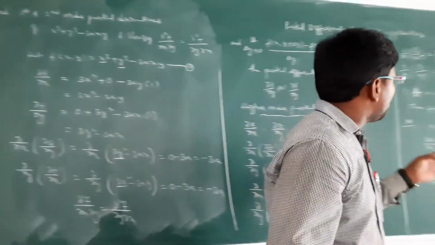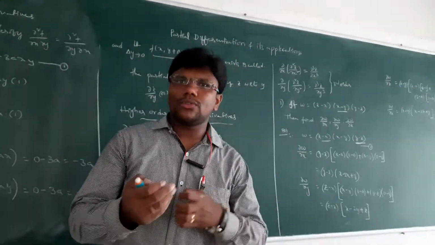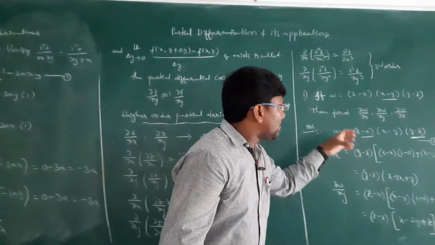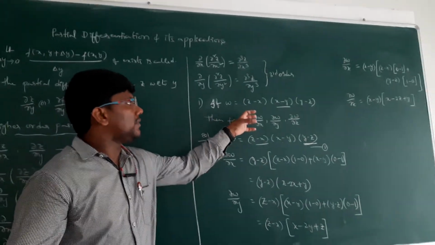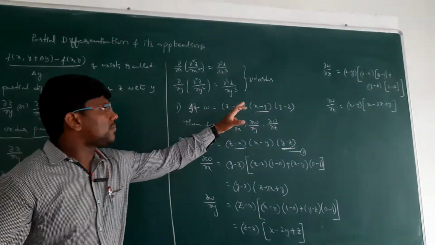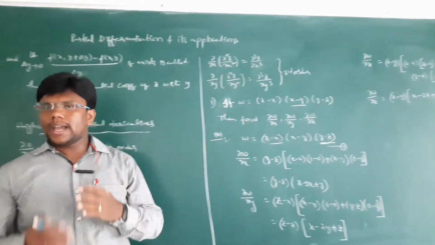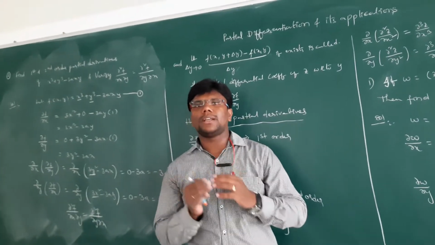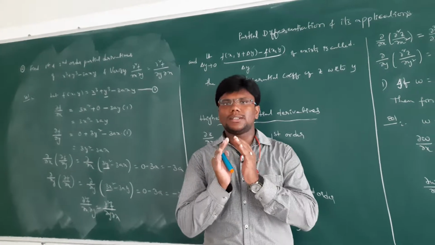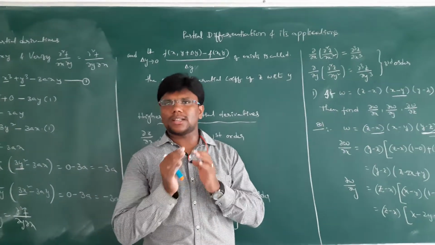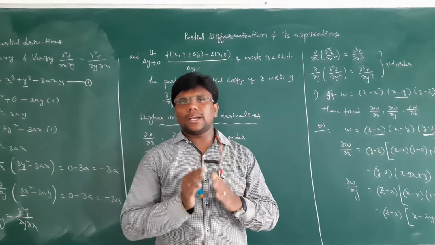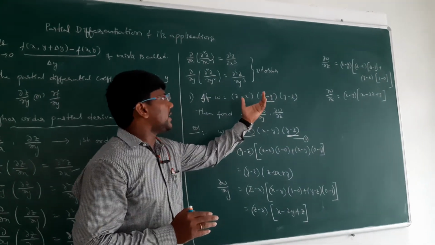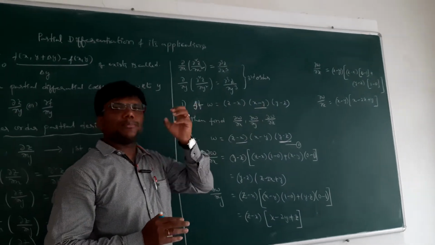By using these two problems, we can understand how to find the first and second order partial derivatives. In this, 4 variables are there. 3 are independent variables, 1 is a dependent variable, x comma y comma z. In the partial derivatives, we take the derivative of the dependent variable with respect to two or more independent variables. That is called partial derivatives. The partial derivatives have a minimum of two independent variables. Here in this problem, three independent variables are there. What are they? x, y, z, and w is the dependent variable.